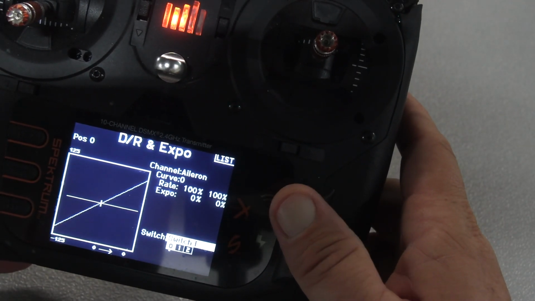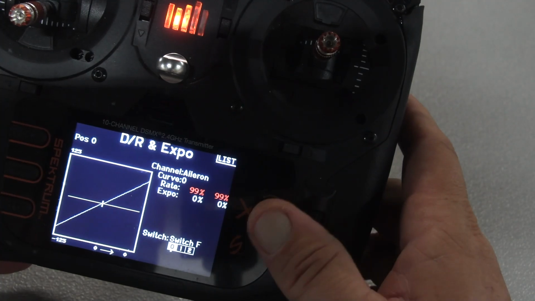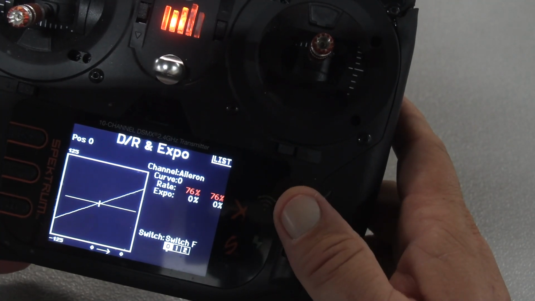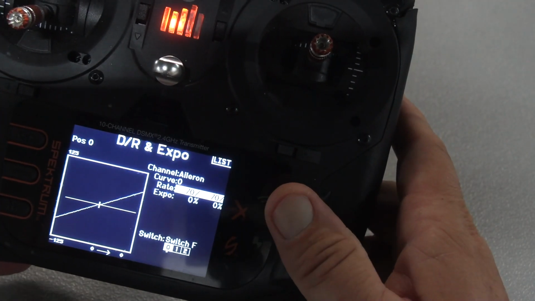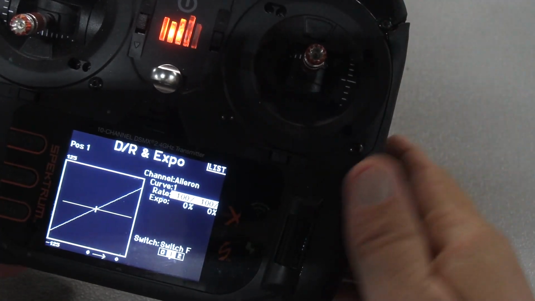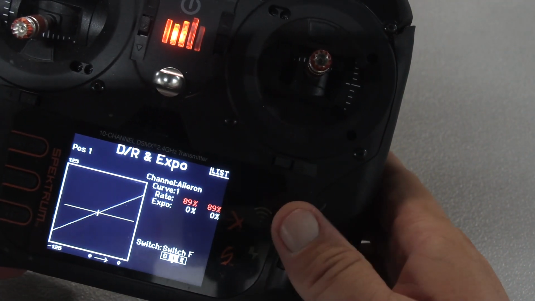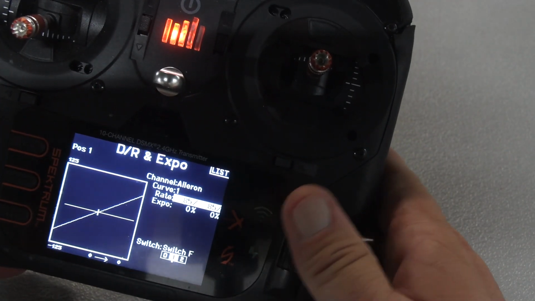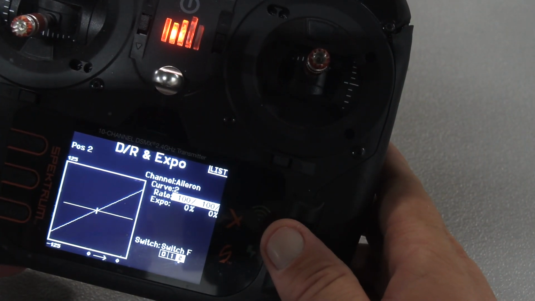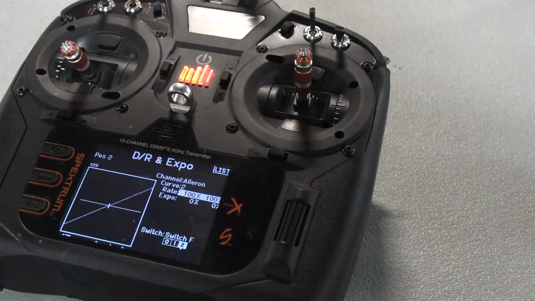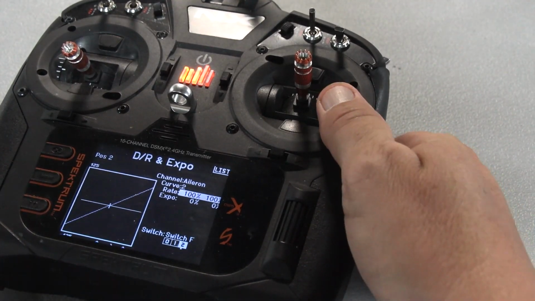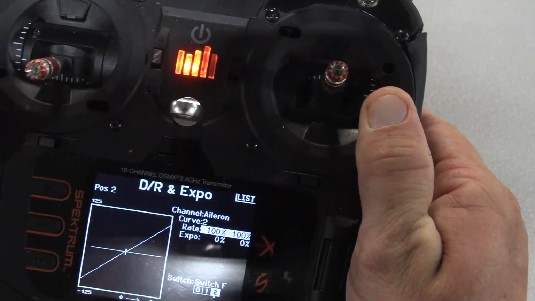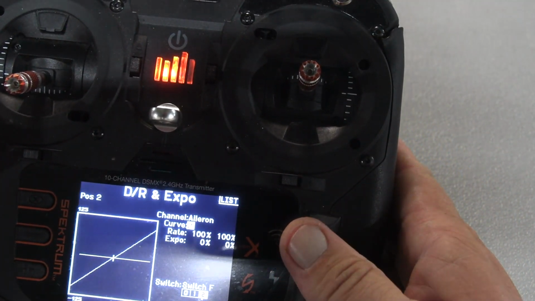I didn't notice any call outs for Expo in the model. So I'm just gonna go with the book call out for 70. And then I'm gonna go ahead and do a mid rate because I can at 85 to split the difference. And then 100% for high rate. So we set up the aileron the way I like to, and now we're gonna move into the next control